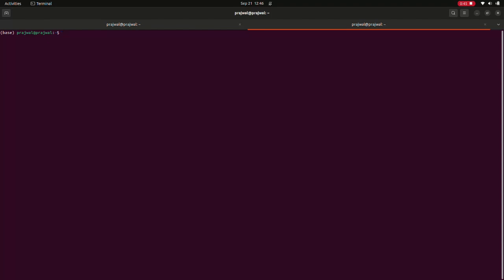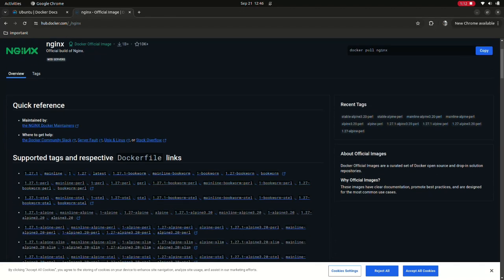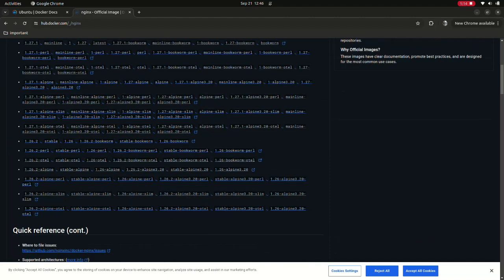So I'll be listing down some important commands which will be very helpful for you while you are working with Docker. Okay, so for starters, we have the pull image command. I have told you earlier as well. In the previous lecture, I pulled the latest version of Nginx, right? So in this lecture, we'll be talking about the